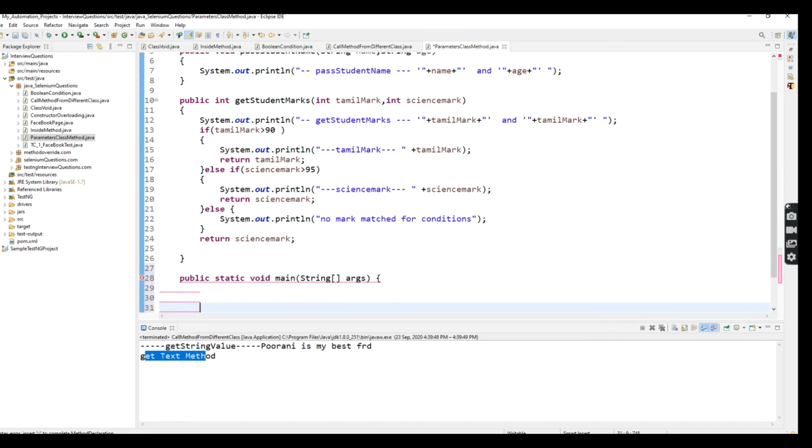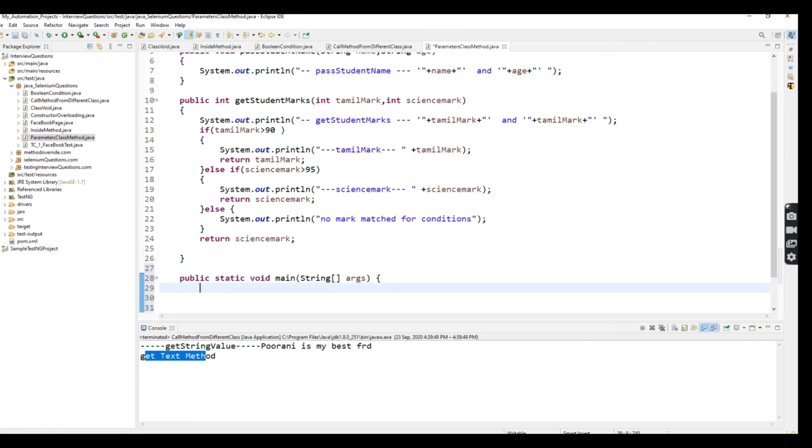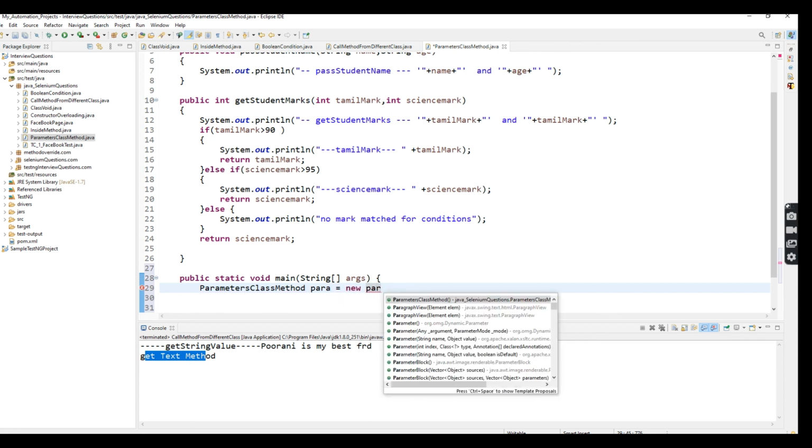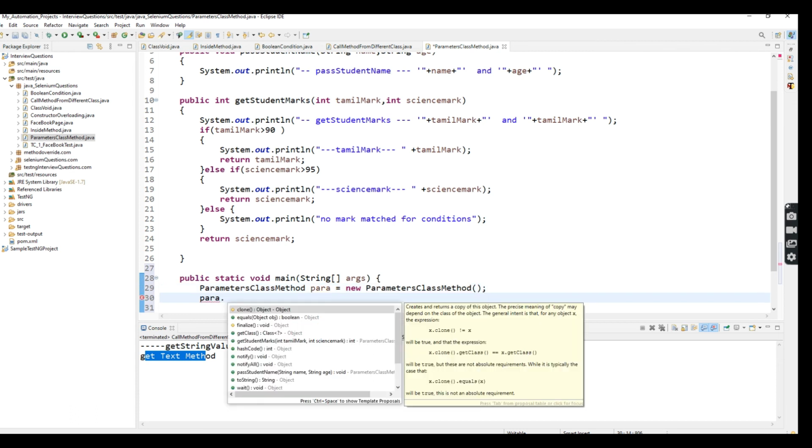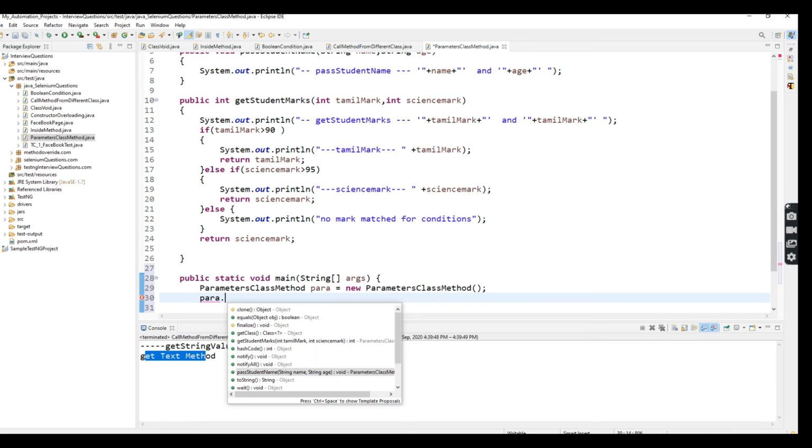Inside the main method, I have to create a reference for the class name, and using that reference I call the method with parameters. First I'm going to pass the student name, right?